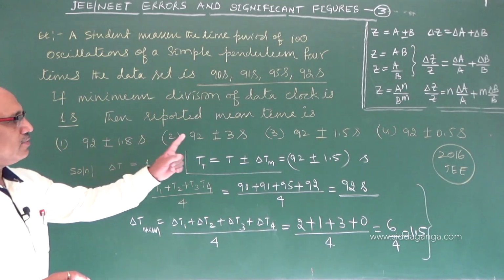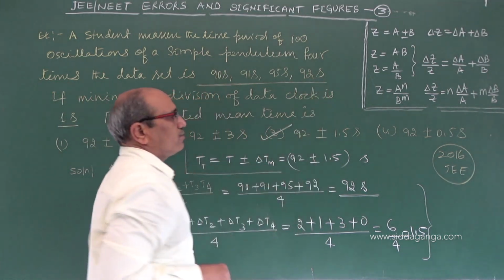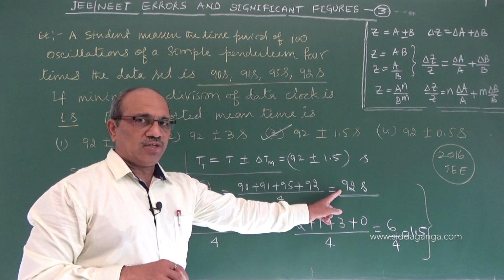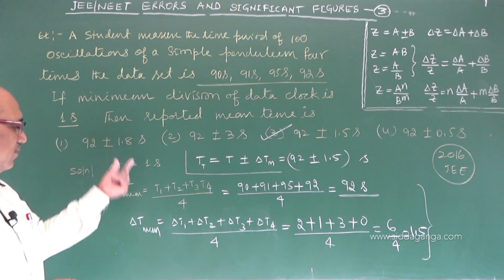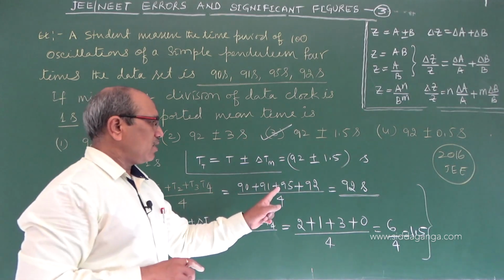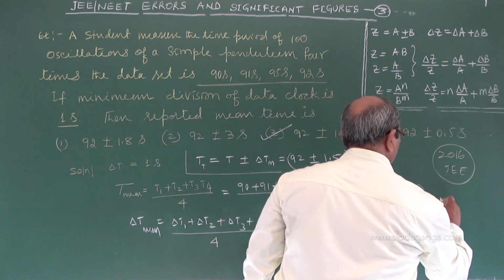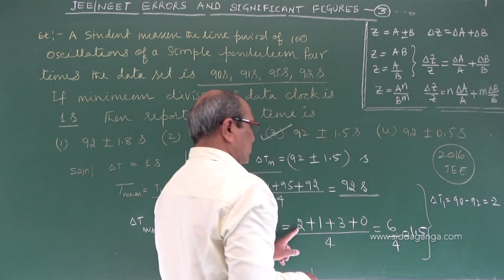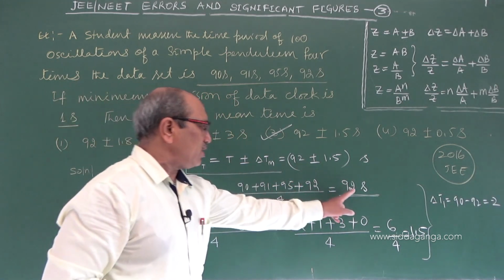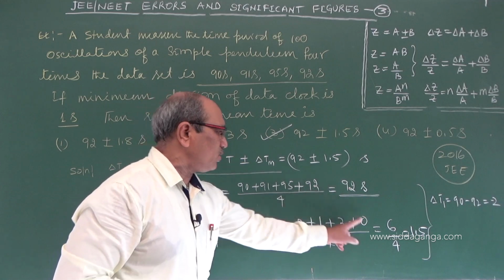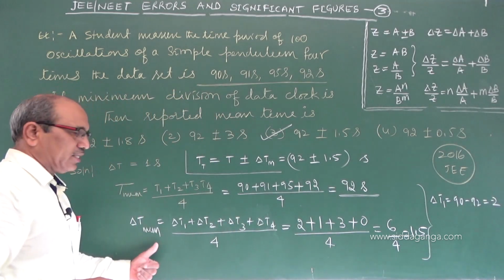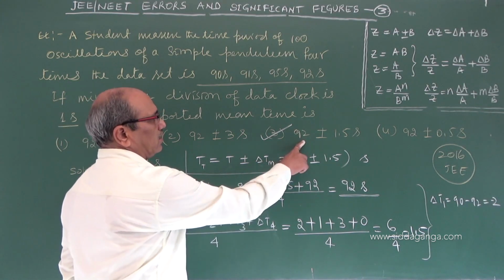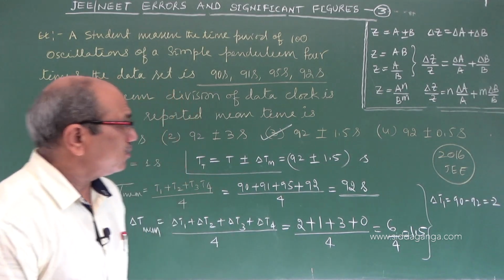Which one is the answer in this? If you search, the third one is the possible answer. So T is the true value we got, the best possible value, but they asked about delta T mean. I hope you understood how you got delta T1: 90 minus 92 is minus 2, but we take plus. Similarly, 92 minus 91, 92 minus 95 is 3, 92 minus 92 is 0, divided by 4. It is the mean absolute error, and the representation is the mean absolute error and the value we got. The answer is the third one.